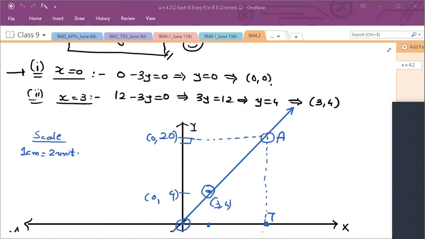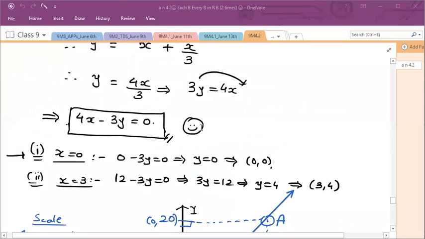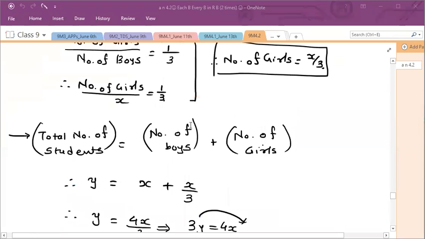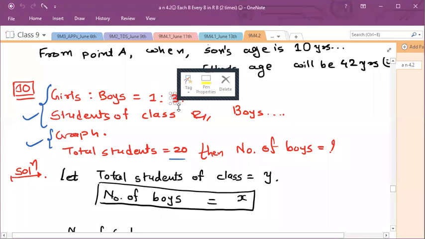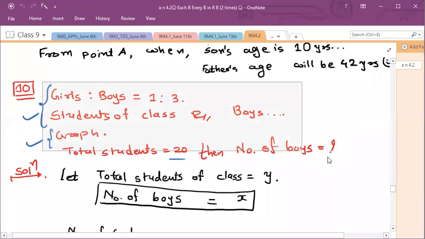No, Yashash method is different. It is based on algebra only, not on graph, right? Based on algebra only. So if number of girls you are assuming x, the number of boys will become 3x, like that. So total number of students will be 4x, 1x plus 3x. And based on algebra only you can find this question, right?